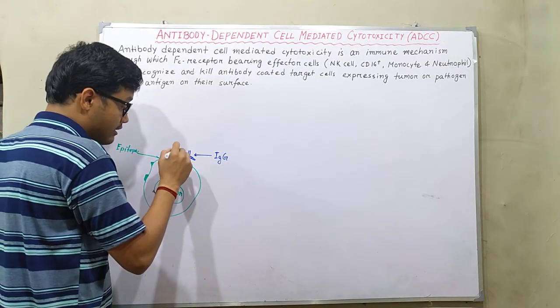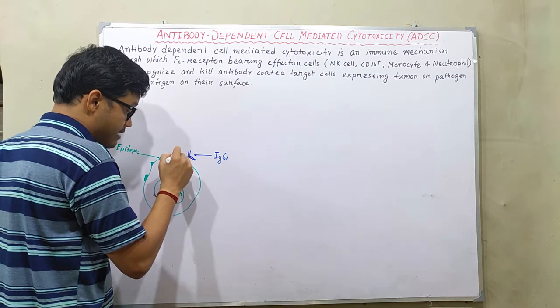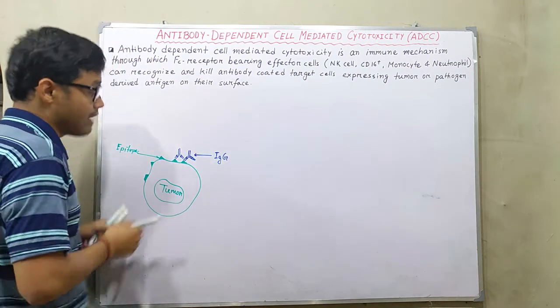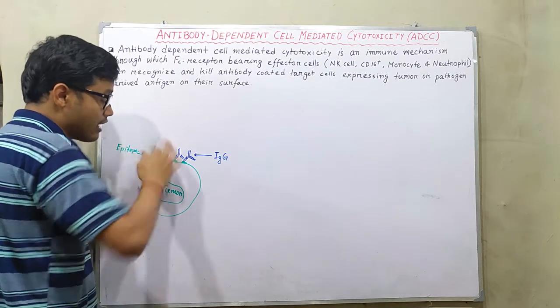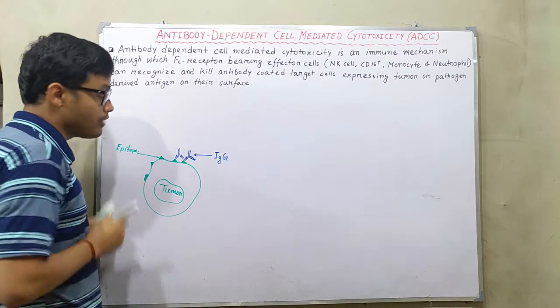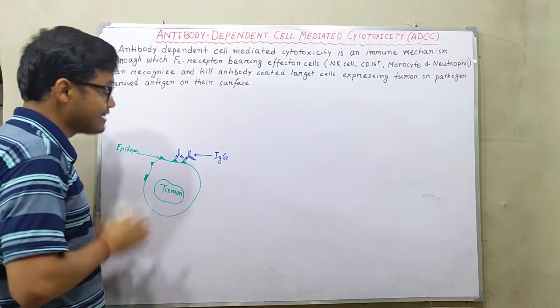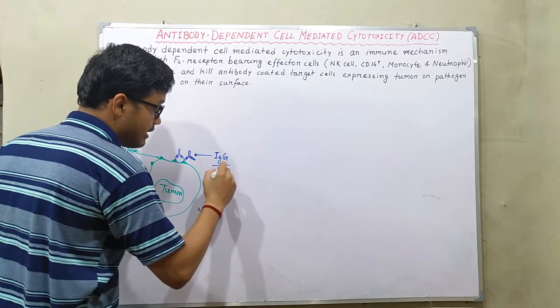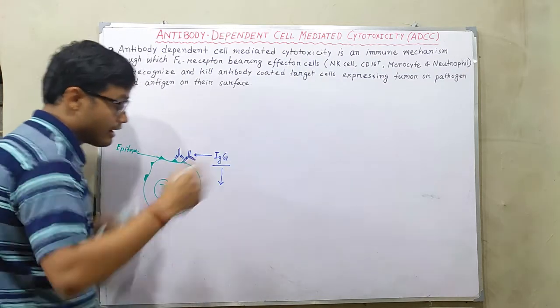Whenever the cell attracts IgGs, more and more IgGs come and aggregate on the outside of the tumor affected cell, and as a result this aggregation of IgG results in the attraction